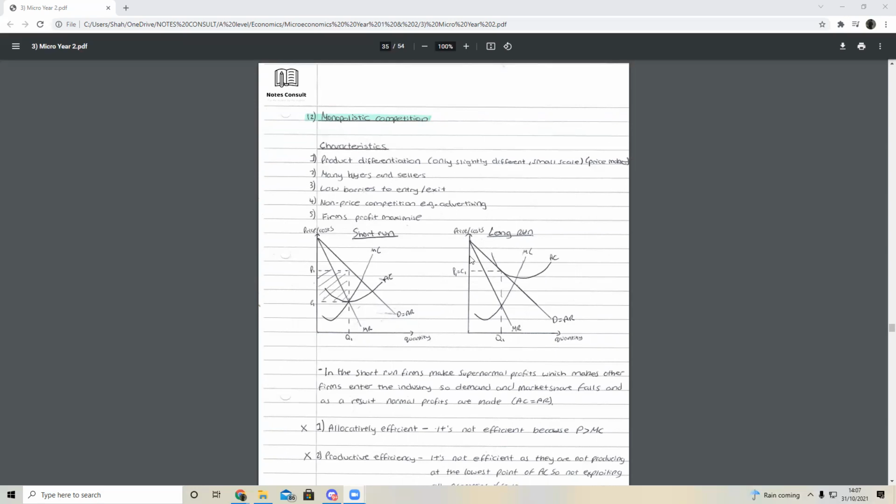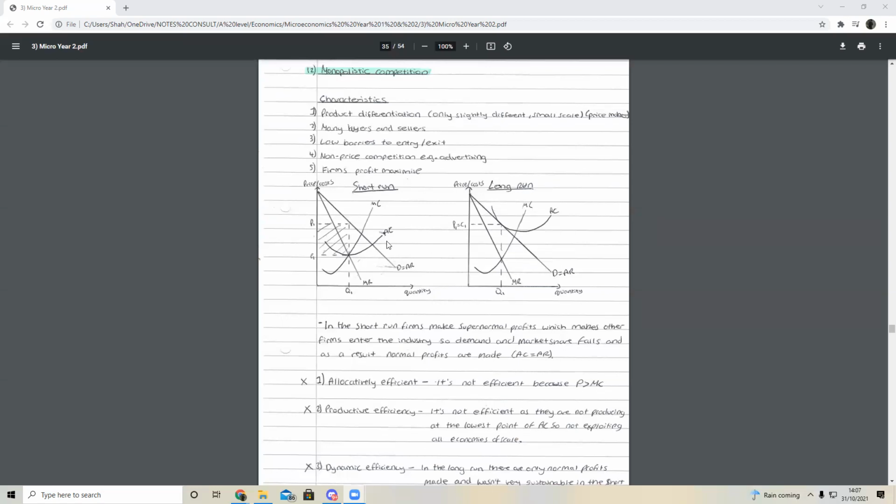and we have a short run and a long run impact. It's basically like perfect competition, where in the short run they make supernormal profits, except we're looking at a kind of monopoly diagram. Then as firms enter the market, in the long run we make just normal profit. You just draw these diagrams. They might have shown you slightly different diagrams. Some people do that, but you can also draw these. Doesn't matter.